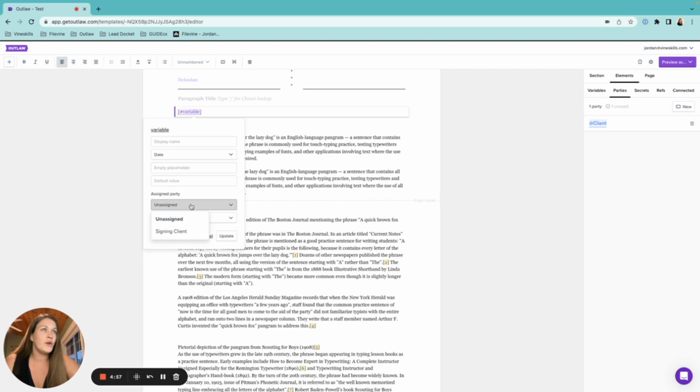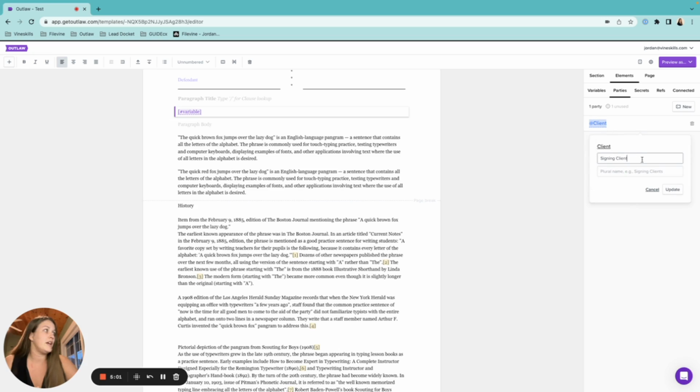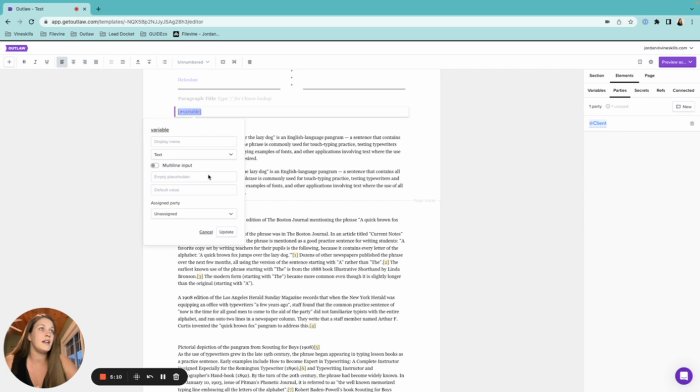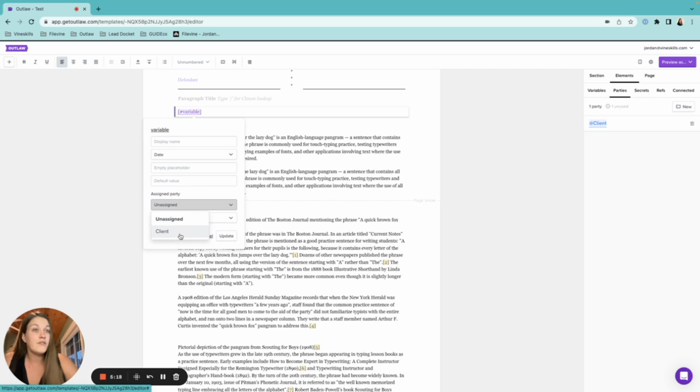You can also come in here and you can assign this specific variable to a specific party. So we only have one party available on our template at the moment, and this is our signing client. You can see here that this is just pulling in. If I backspace this, you can see that's just the display name. So if I update that and then I come back in here, and this didn't save any of my information, but we can assign it to that client if we would like,